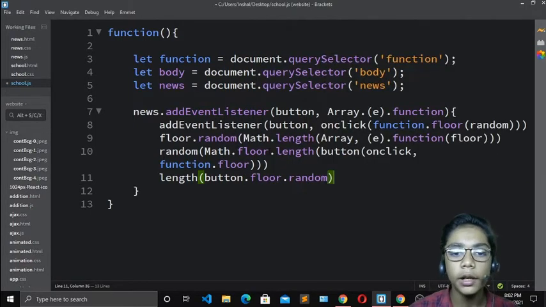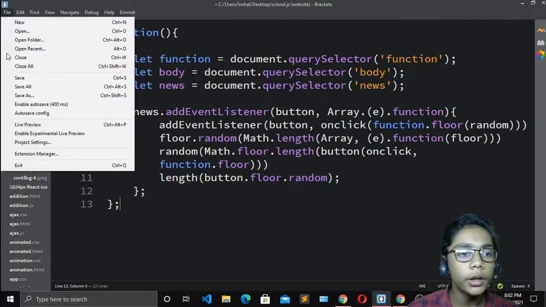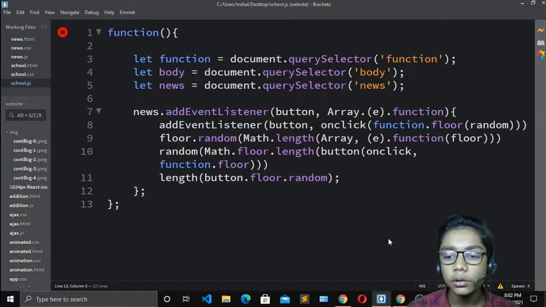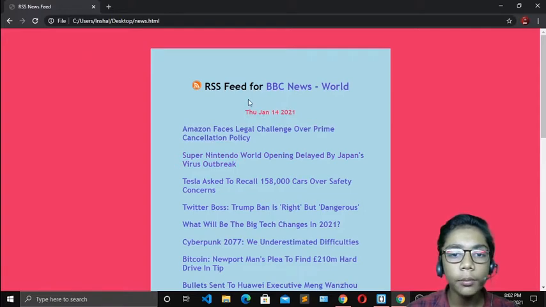So we have done till over here. Just when you've done that, you have to do like that. And now when you've done that, all you have to do is hit save over here, and now your work has been done. So if I just show you in Google Chrome over here, so just go to Google Chrome. So over here you can see our news feed project has been ready.